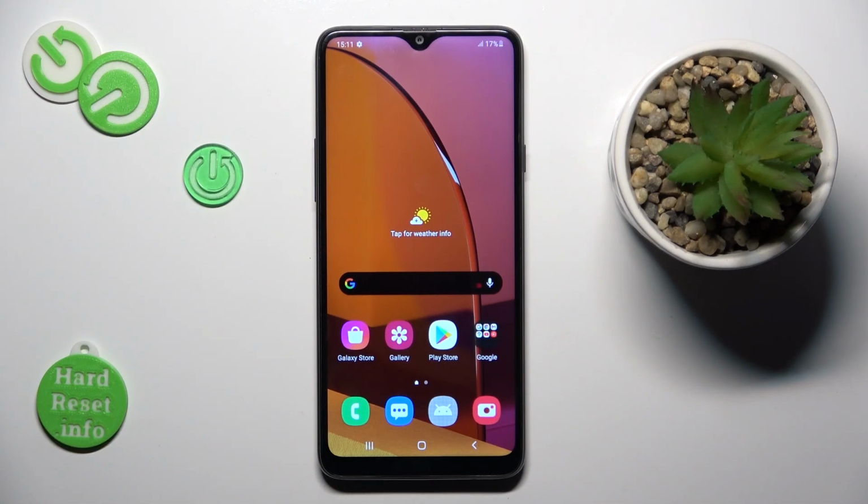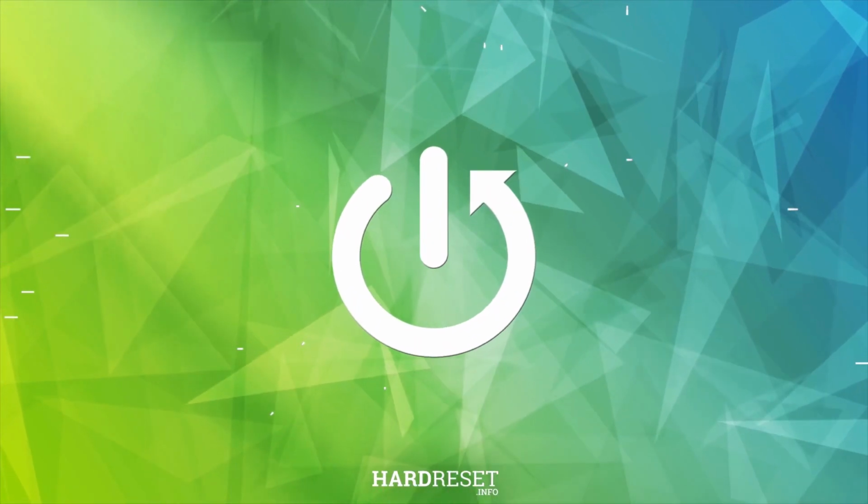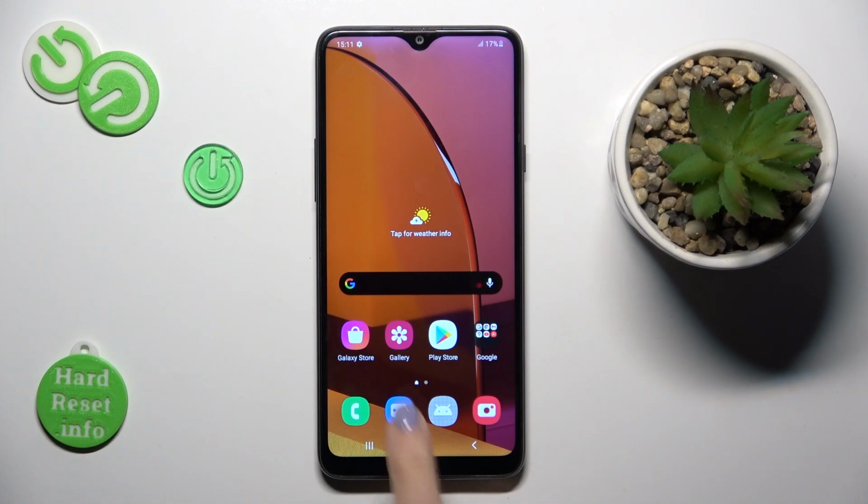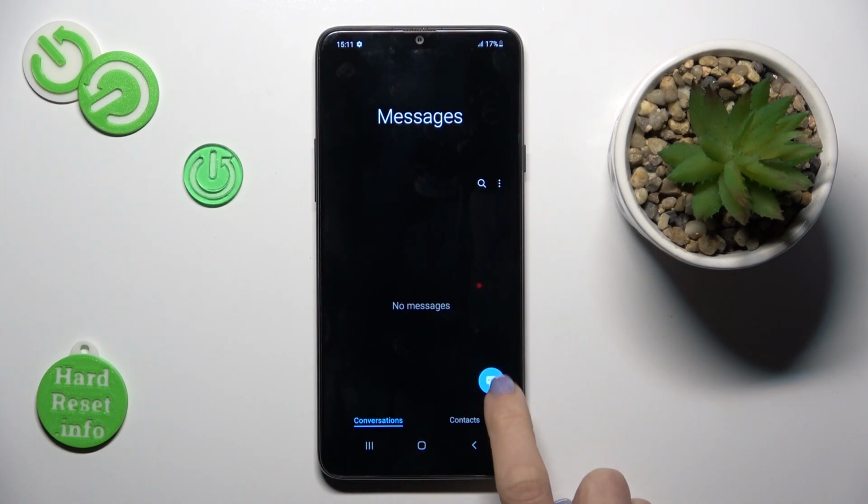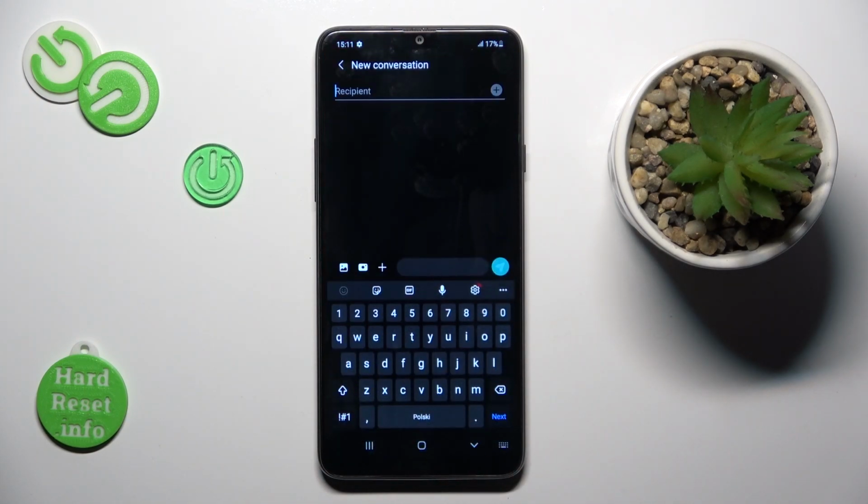Good morning guys, in front of me is Samsung Galaxy A20s, and let me show you how to change keyboard dictionary. So at first let's open new message or new mail, any area where you can input some text, and here